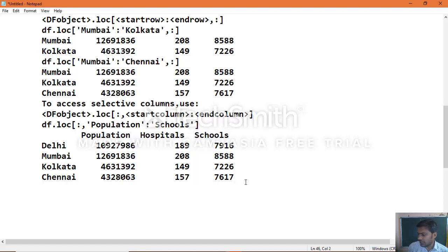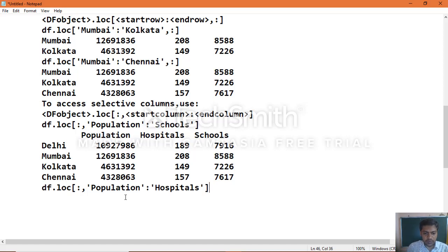Suppose you want only two columns, population and hospitals. Then you can specify it this way: data frame object name dot loc, colon, comma, population as the start column, then colon, end column hospitals.